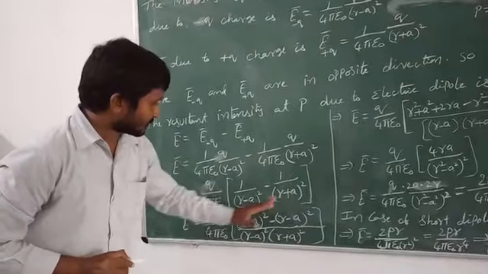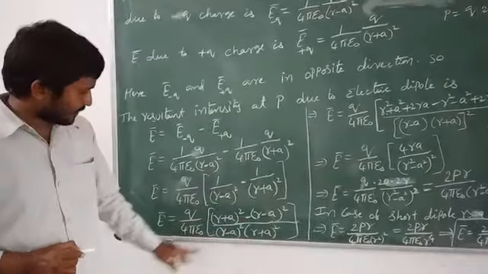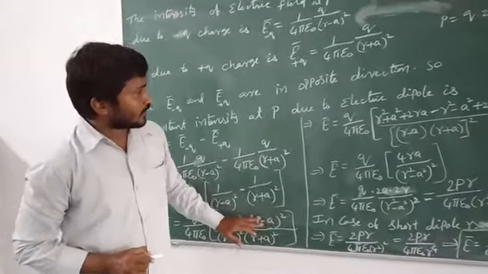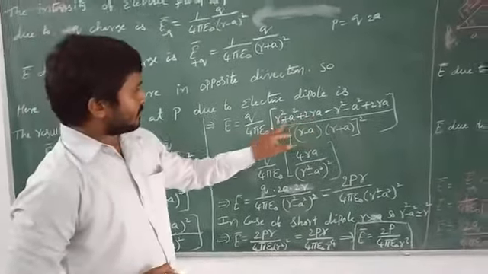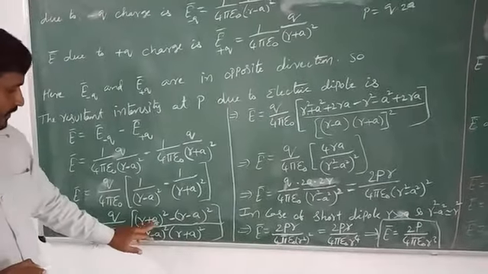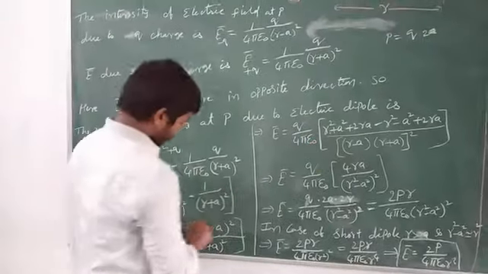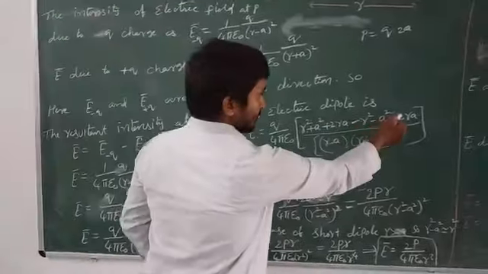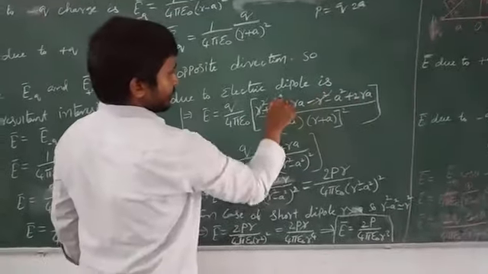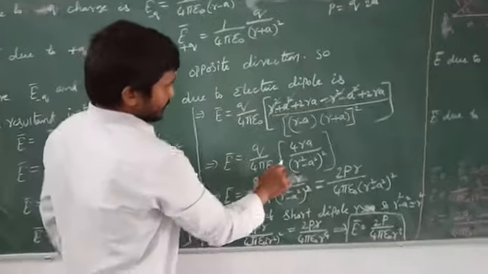So cross multiply, we get (r+a)² − (r−a)². Applying the formulas (a+b)² and (a−b)², we get r² + a² + 2ra − r² ... minus sent directly, minus a² plus 2ra. Here r² and a² cancel, and we get E bar equal to q by 4 pi epsilon naught,